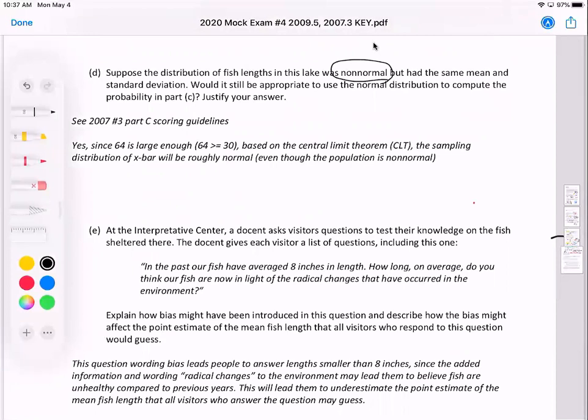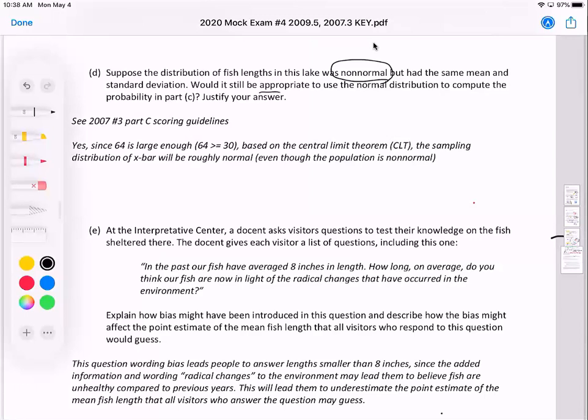Justify your answer. This question I really like too, because there's probably something on your cheat sheet, your formula sheet, your summary sheet, I should say, that addresses this, but it might be hard to find if you don't know what you're looking for. So you still need to know some stats to answer this. You can't just rely on your notes completely. But the idea is